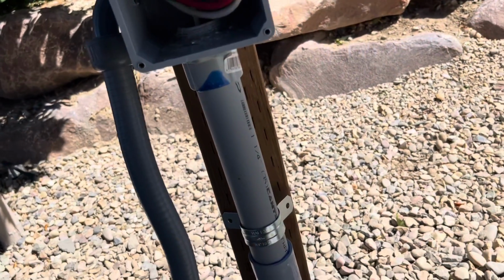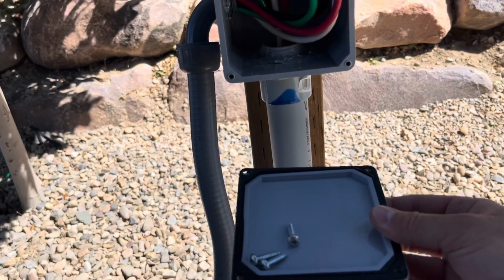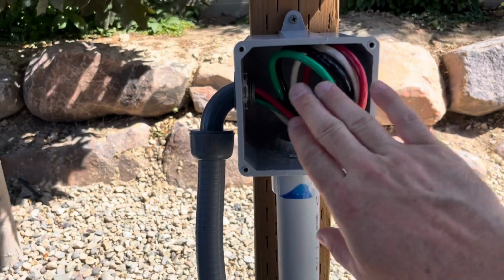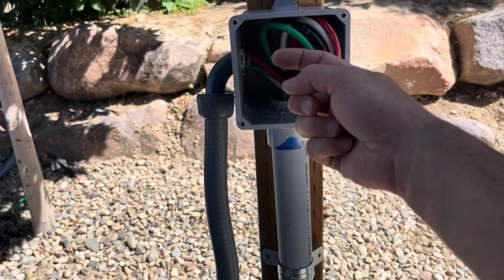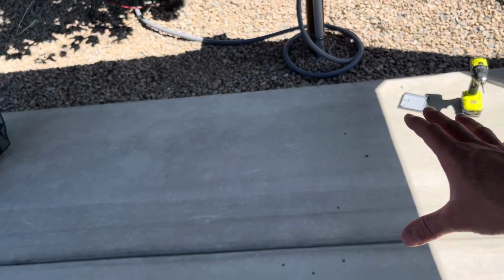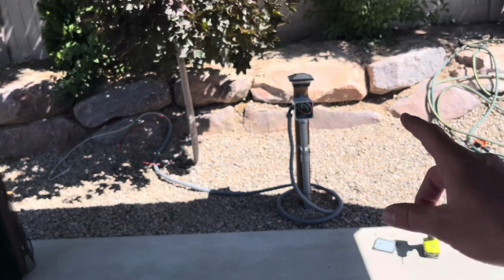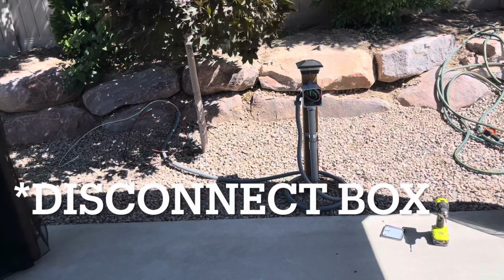This just screws on. It's got a foam gasket, so it's weather tight. There are no connections or terminations inside this box. It's really just the wire coming up through here and then making a right angle down into the flexible conduit. And the hot tub is going to be right here, so it is pretty close to it. That's why I had to have the junction box on the other side of the wall, about 30 feet away,